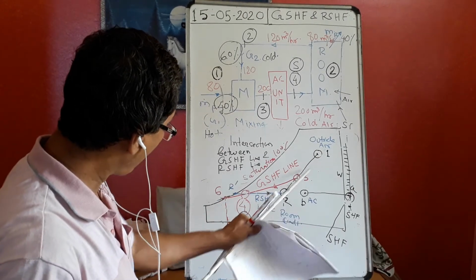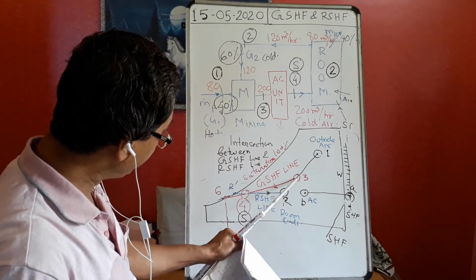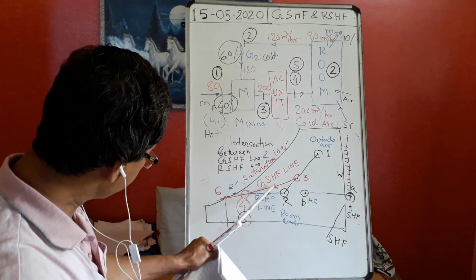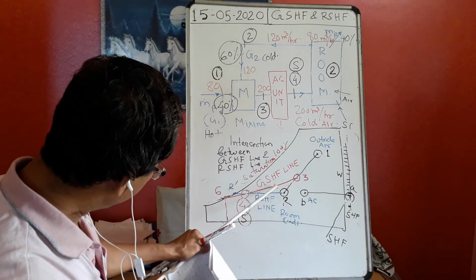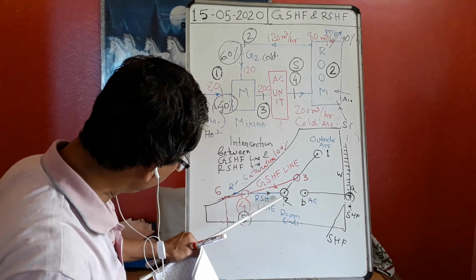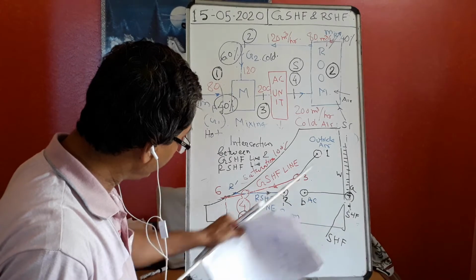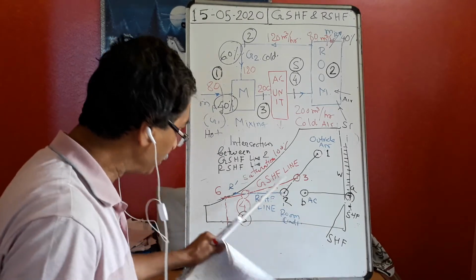Hot fresh air is coming in, and cold air is coming. So 1 and 2 are mixing, they are becoming 3. Then the cooling process is taking place in the AC unit, and it keeps cooling. After that it goes to the room and picks up heat. Again the cold air and mixing take place. So this way it continues.